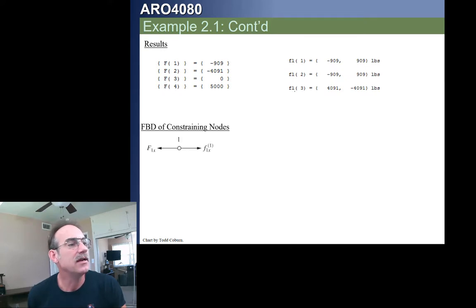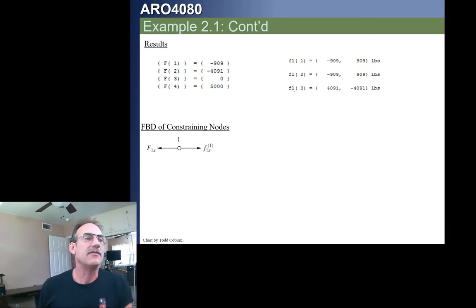At node 1, we have F1. It's going in the negative direction, and the F1 from element 1, which is also going in the negative direction, right? Since that element was going in the negative direction, that means the force on the node, that's the force in the element. So we'll notice here,